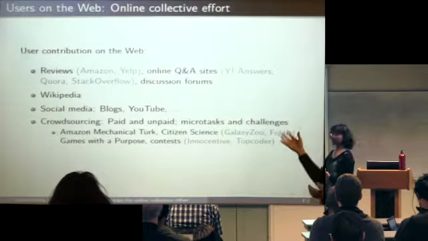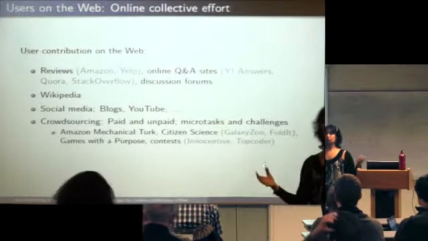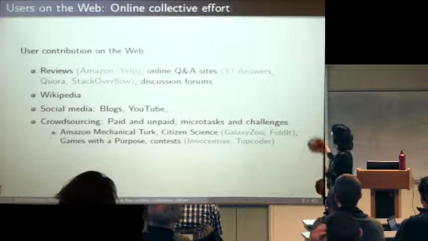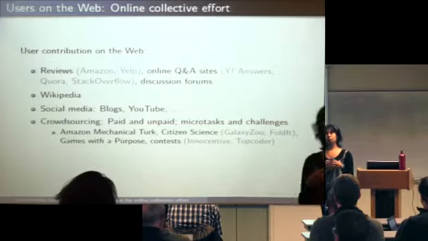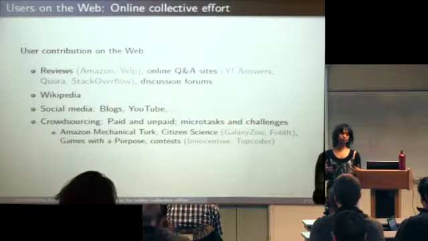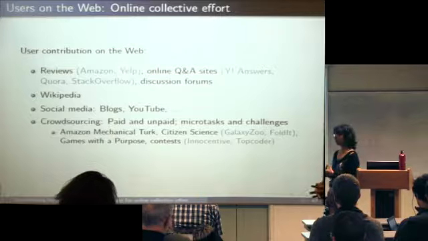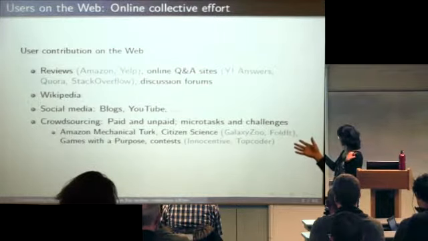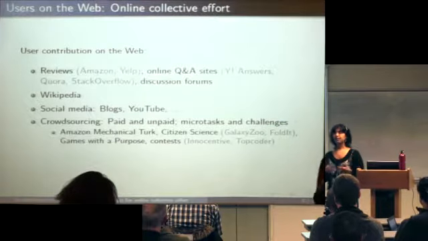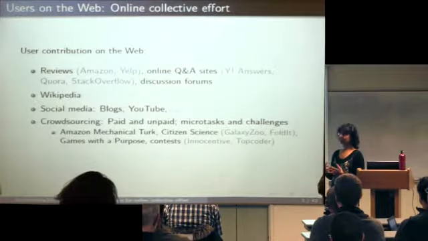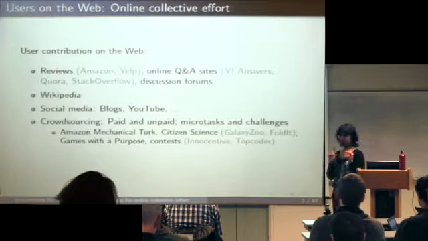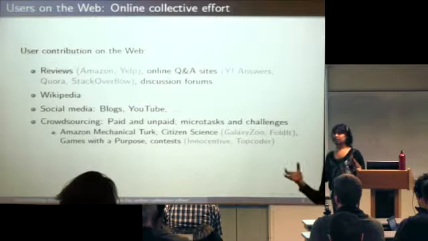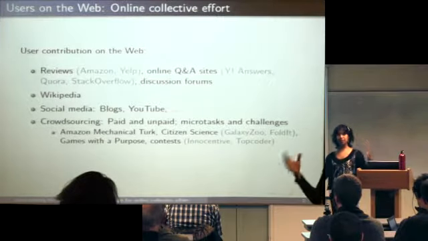So for example, there's Amazon Mechanical Turk, which is this huge platform where workers can come in and perform tiny little tasks for tiny little amounts of money. There's citizen science projects where people perform tasks of essentially the same scale, tiny little micro tasks, but without any payment. They just do it voluntarily. There's things like games with a purpose, which are very clever designs that get people to do tiny little tasks without even realizing they're doing tiny little tasks because they think they're playing a game, but actually they are serving